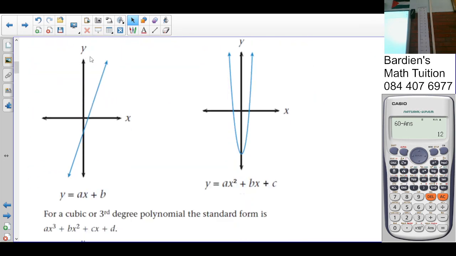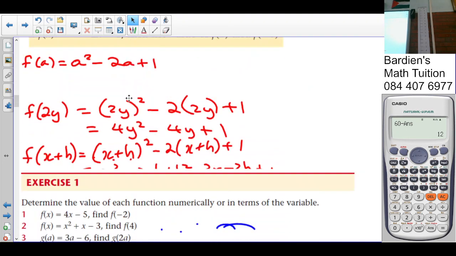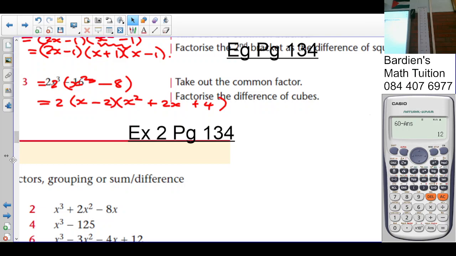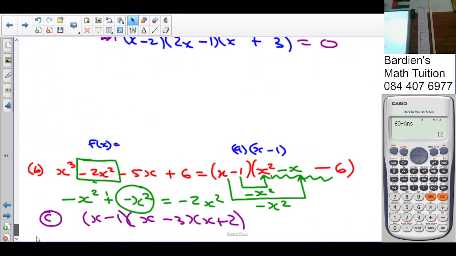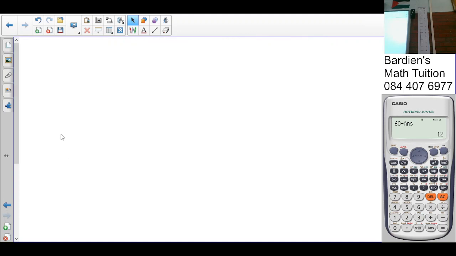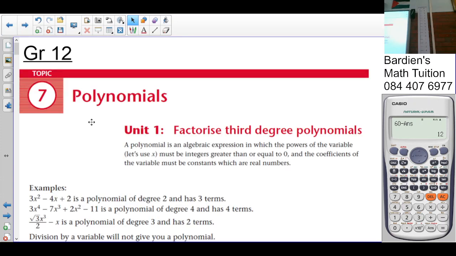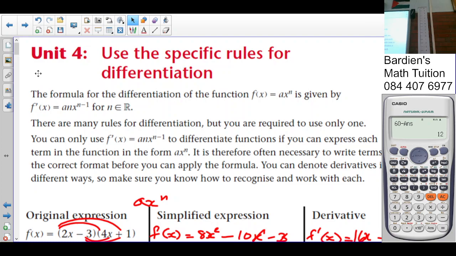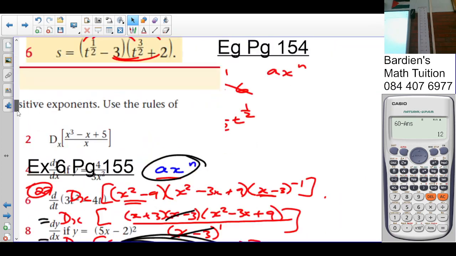Alright. Did we conclude the chapter on polynomials? Have we completed the chapter on polynomials? Okay, I would say yes. Okay, so delete that. Delete that. Alright, so at this point,